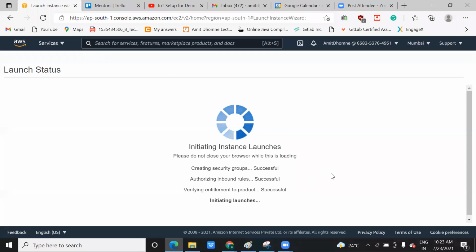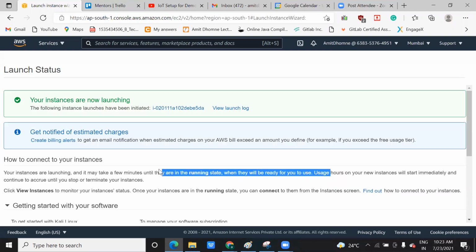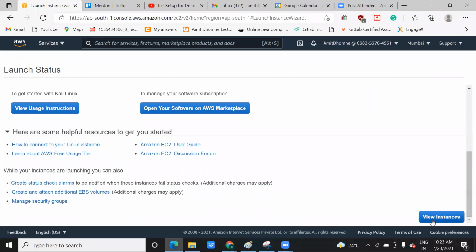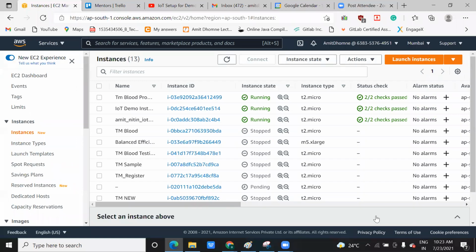And wait for some time. Don't close the browser and don't do anything right now. Just wait for some time. It will show you your instances are now launching. It means it's been launched, I think. You can see it, view instances. Click on view instances. Once you click on it, you can see it from here. So now the question is how you will identify which instance. See, it is showing pending, right? And there is no name here. This is the only one we have created.